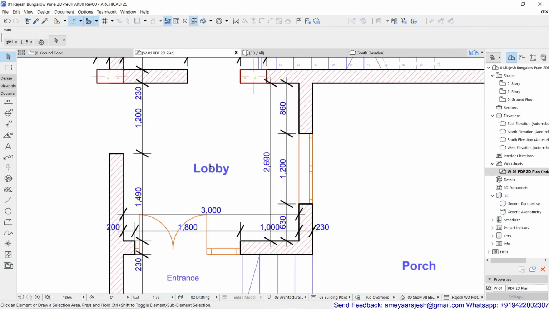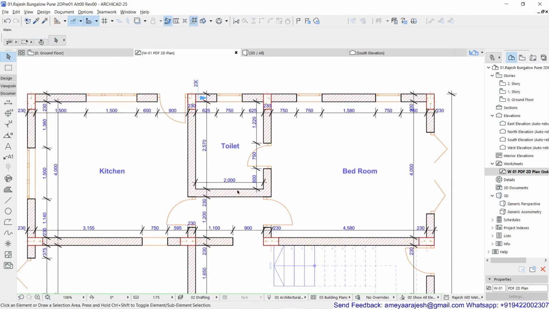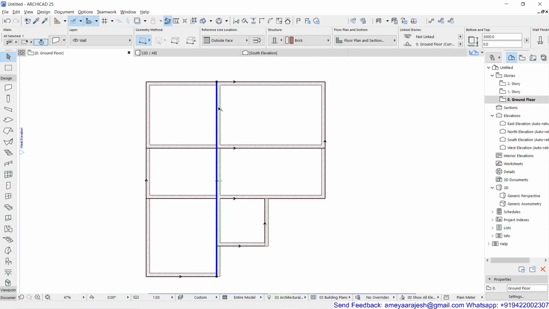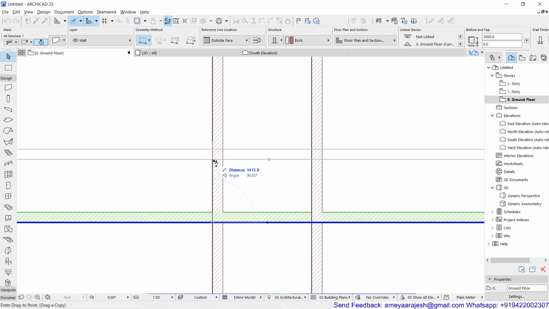Anyway, now our target is to place this toilet block also. My toilet block is 2 meters wide, and 2570 is supposed to be its width and length. Or 1200 was my passage. So either of that I'm going to work for. So I'm just going to complete this again by pressing Control Shift D, and this time I'll put 2230, and I'll press Control Shift D again, and this time I'll just make sure that you are using the correct locations, and just click on the right spot, give the right distance.